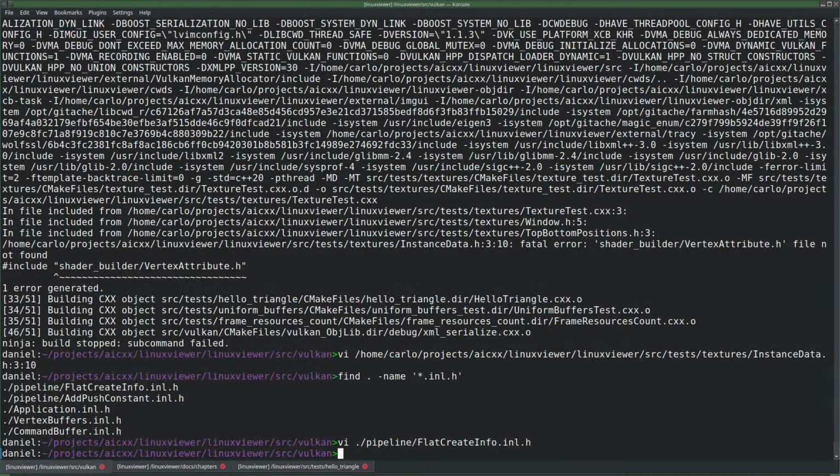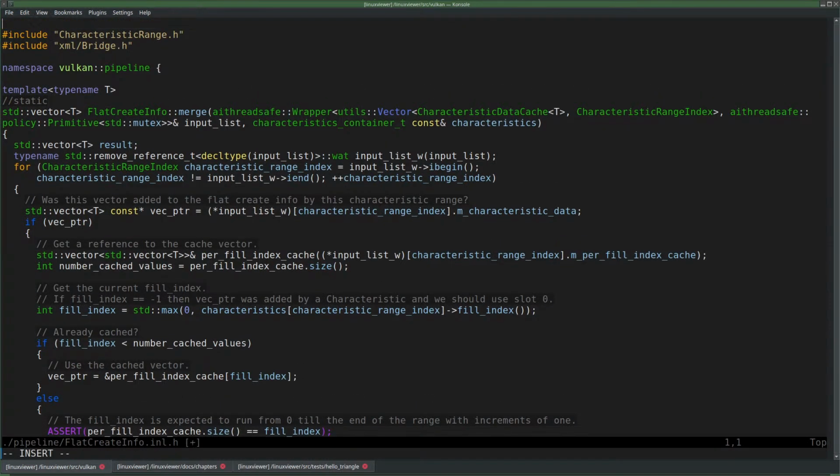Well, maybe also. So you can include inline headers inside your own headers. So you're gonna need a pragma, right? It's a header, I'm gonna add a pragma once, I mean.